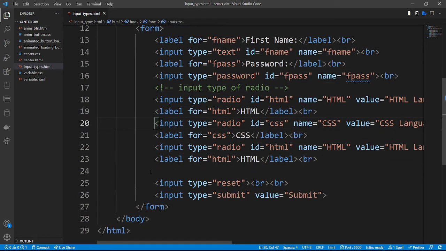For the third one, I'm actually going to specify that it is JS, which is for JavaScript. The name will be JS, and this one, the value will be JS language. For the label, I'm going to give it the ID, which is JS, and also JavaScript, right? And also comment here, this is the end